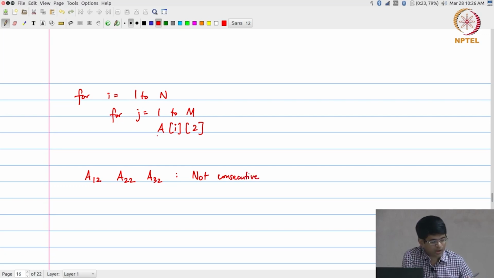So what happens if I switch the loop around and make it for j is equal to 1 to m, for i is equal to 1 to n,